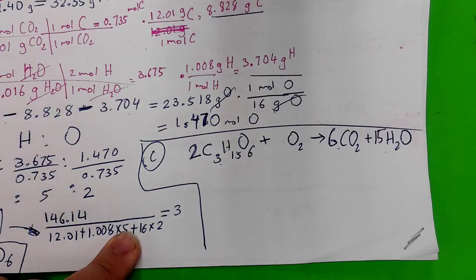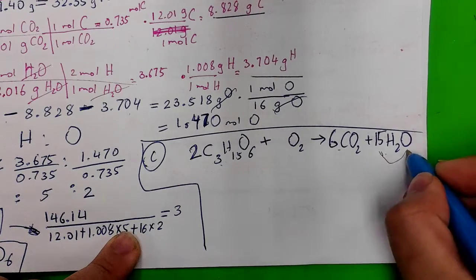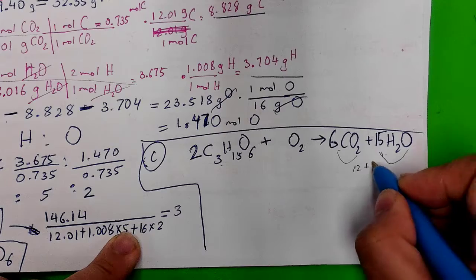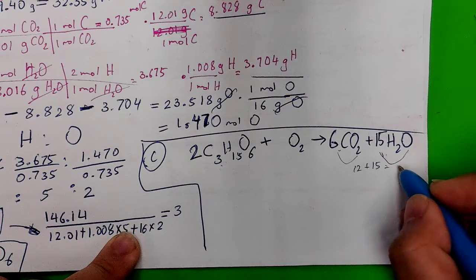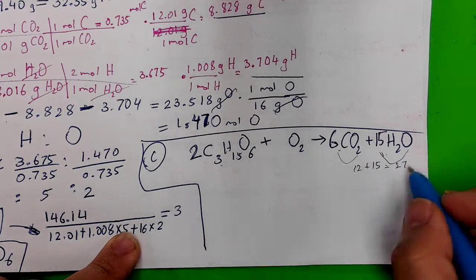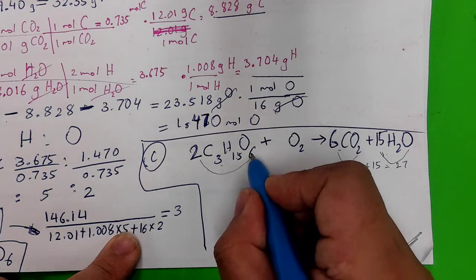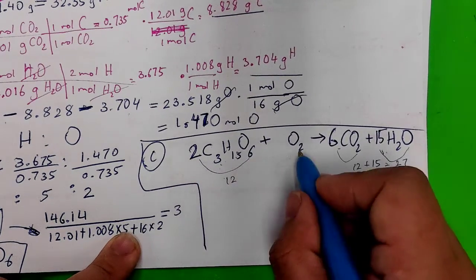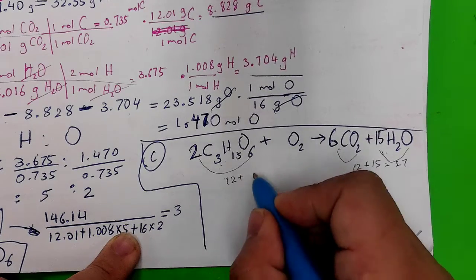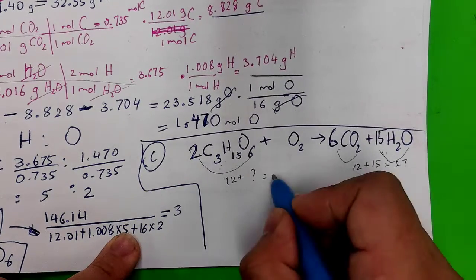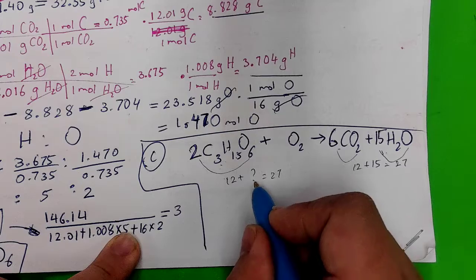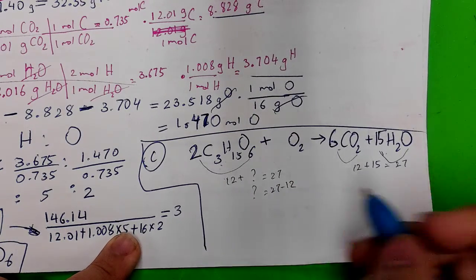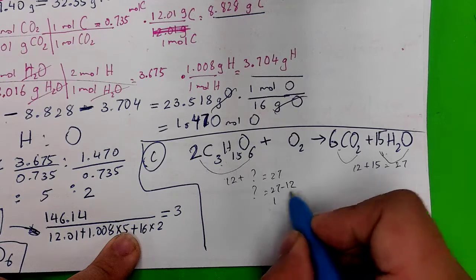Once you're done, you're going to check out for oxygen. That's a 15 plus 12. So you're having 12 plus 15. That is 27. Now take a look, 6 times 2, that's 12. I don't know this yet. So 12 plus something has to be equal to 27. So that means that something is 27 minus 12, right? So that's going to be